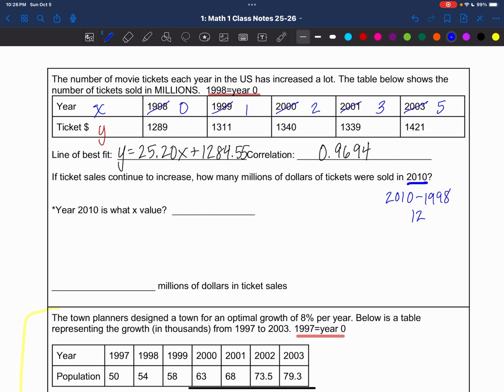So we're going to go through and we're going to plug this in. And we are going to do Y equals 25.20 times 12. And so we're looking for Y, and you're going to get Y equals